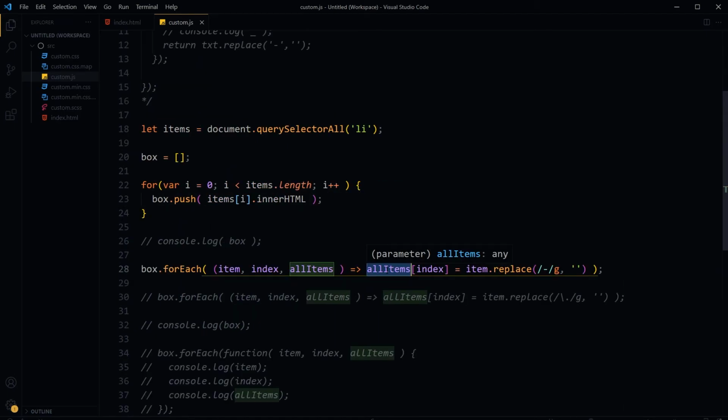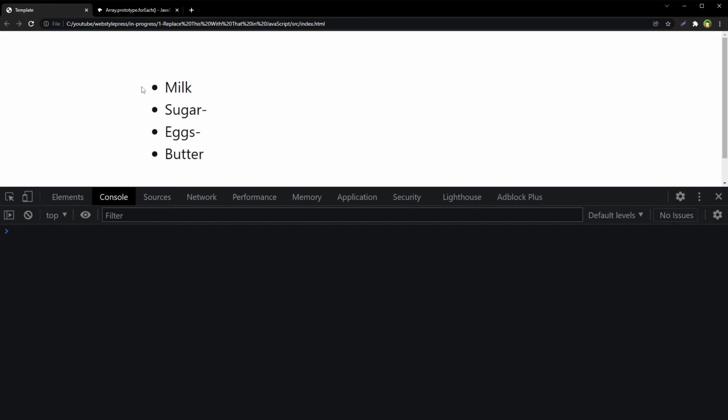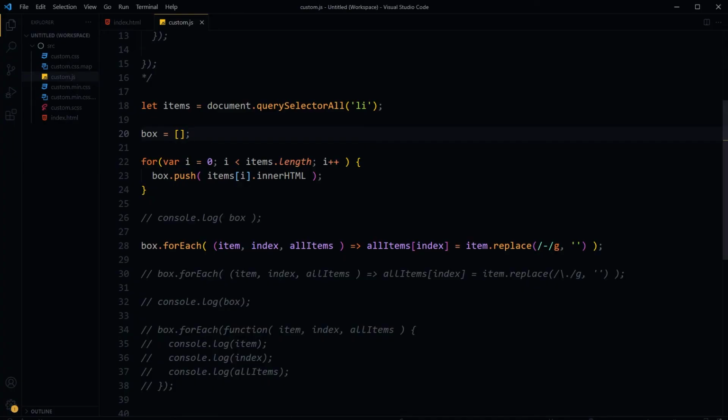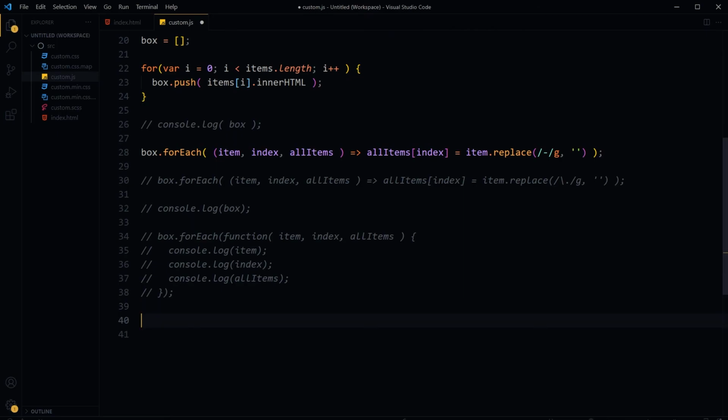Okay, so now we will update the list by using values from the updated array. We got this list and stored it in the array. We updated the array. Now it's time to update this list in DOM. To do that, we will use join. Define a variable and then start it with the list.